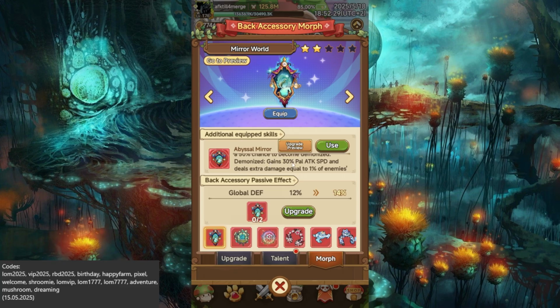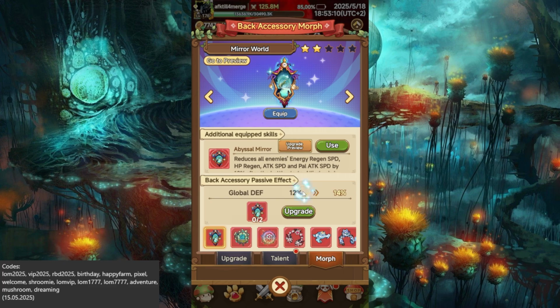Demonized gains 30% Pal attack speed and deals extra damage equal to 1% of enemies' current HP every 10 basic attacks. In my opinion, that's definitely a strong back accessory, especially if you are a beast tamer, because then you can play with these back accessories against region builds, and because the pulse can do HP damage, you can do more damage to the region builds, but it's just a little bit of a gamble because of the 50% chance to acquire this